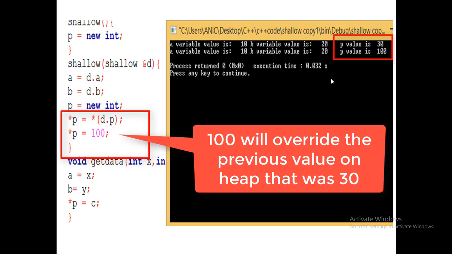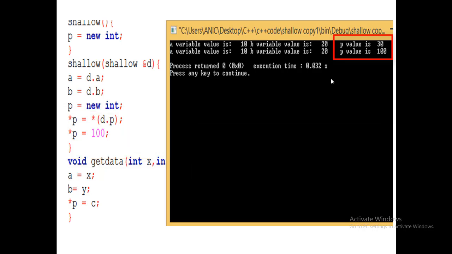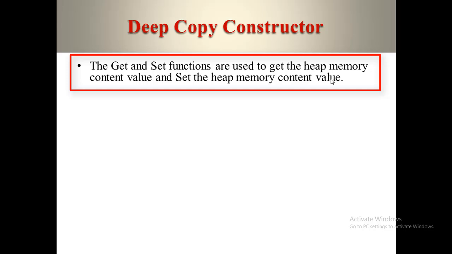So this is a deep copy constructor that creates a separate memory location on the heap for each object. In this case, it will never point to the same memory location. In short, in the deep copy constructor, the get and set functions are used to get and set the heap memory content value.